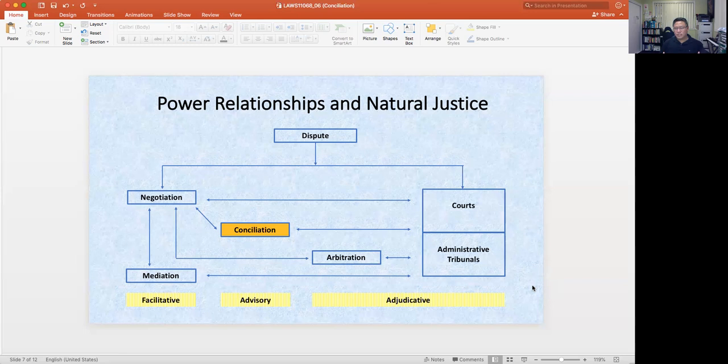Okay, now, but what do we mean by the principles of natural justice? The principles of natural justice might also be understood as almost synonymous with the principle of procedural fairness. There are two components or aspects of the principle of natural justice. One is that the parties to a dispute must be heard. So in other words, it would be a breach of the rules of natural justice or procedural fairness if